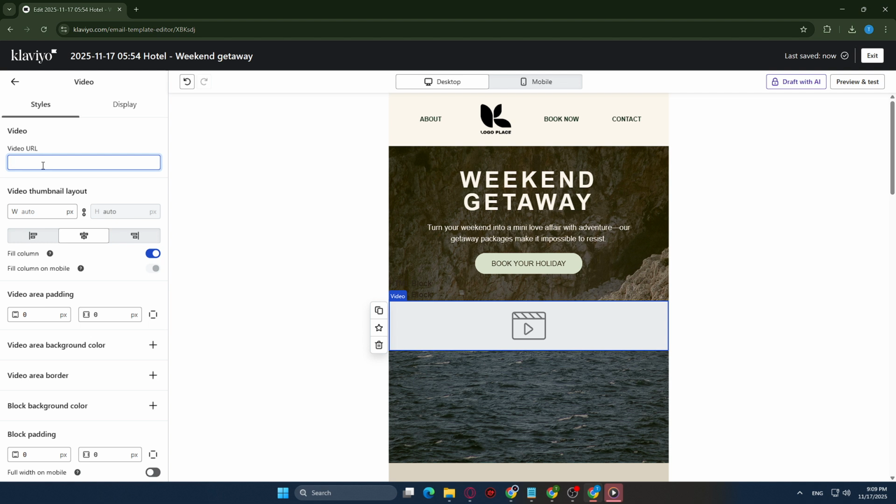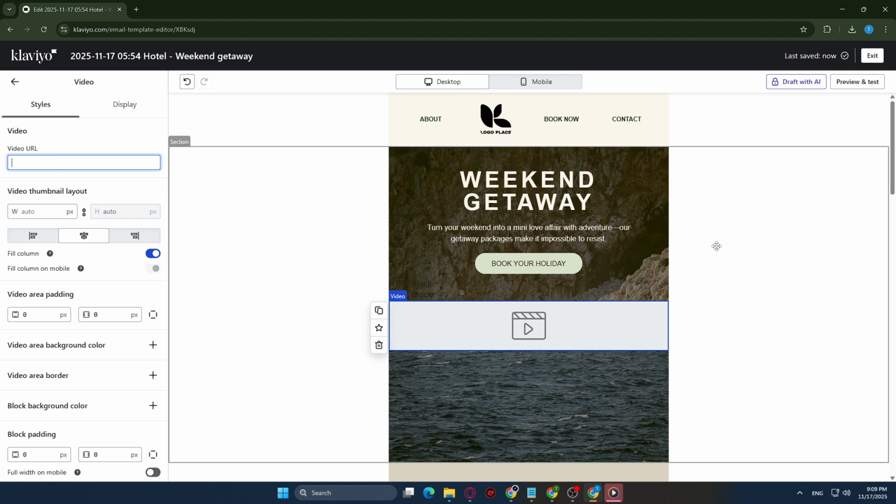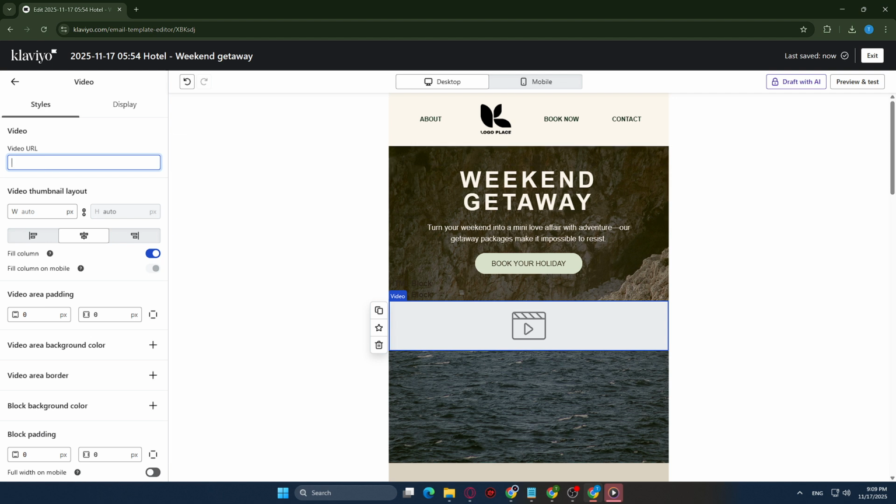Go ahead and preview your email to see how it will appear in the inboxes of your recipients. Make any necessary adjustments to the placement or size of your video within the template if needed. When you're satisfied with the final look, you'll be all set to launch an engaging email campaign that effectively captures and retains your audience's attention. By adding video to your Klaviyo email templates, you're leveraging a powerful tool to boost engagement and enhance